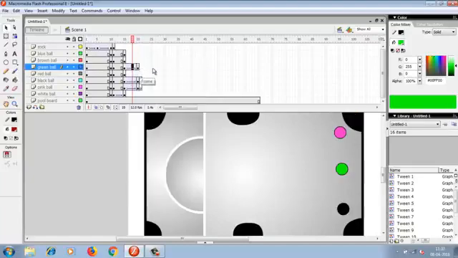Create motion tween, and after touching here it will come back